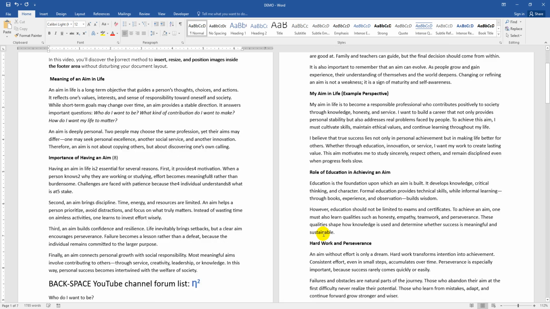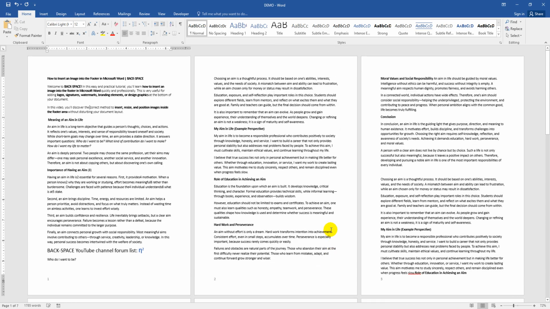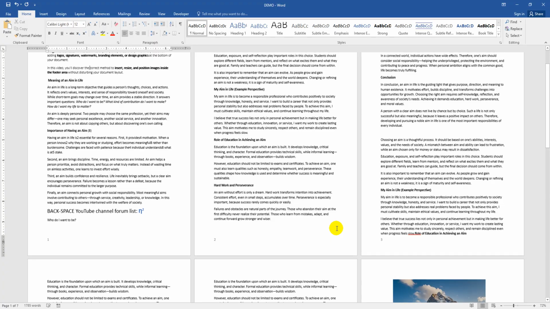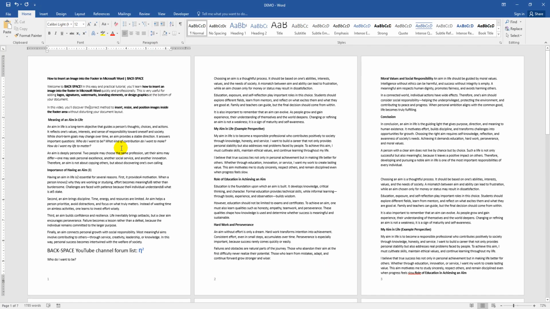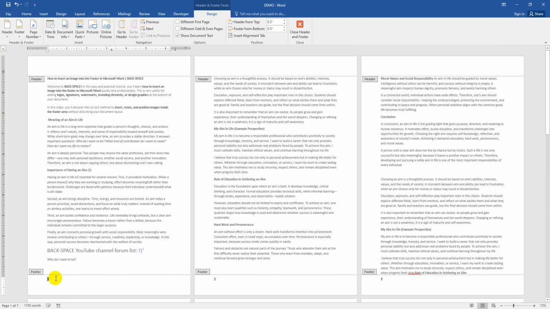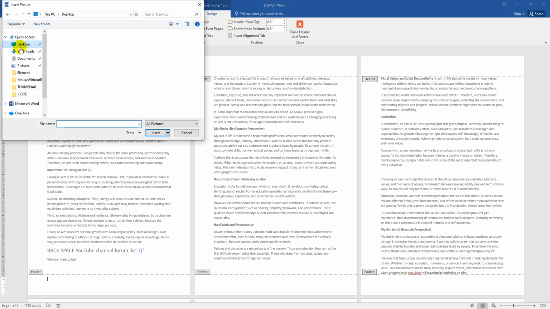At first you have to open your document. We can see here this assignment and many pages here. Now I want to insert an image into the footer. Double click on the footer, then you can see the page number is already added. Now I am removing this, then go to the Design menu, click the Picture option, then go to your picture from your file,